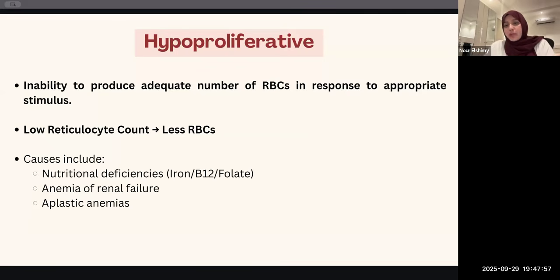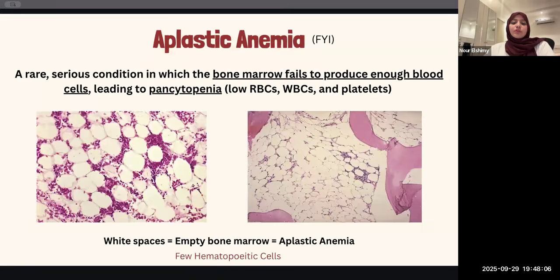Again, this is just for your own information. It's not really stressed much on your slides. I don't remember seeing them on your slides, but this is just to give you a full picture. Okay? So aplastic anemia, from the name, aplastic means